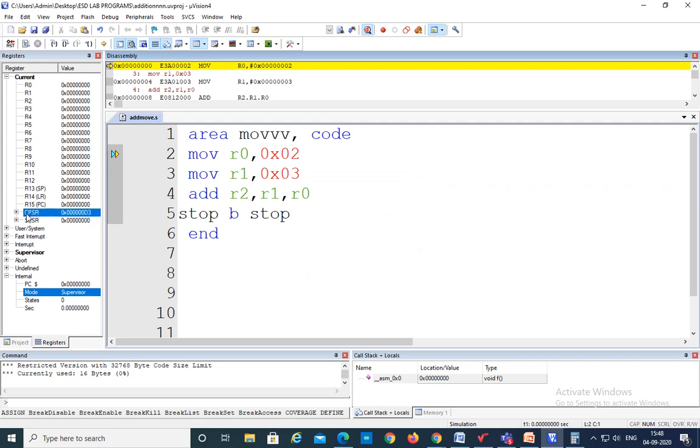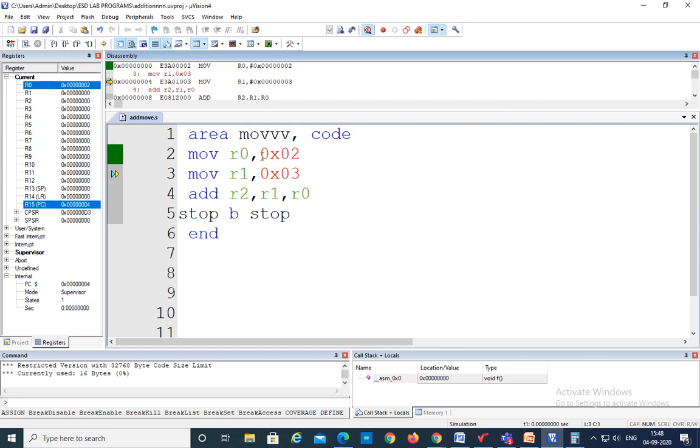So here I am executing line by line rather than executing the complete program. So observe here on the left hand side you can see all the registers R0 to R15, CPSR, all registers are there. Now first of all I am executing MOV R0, 0x02. So here R0 contains all zeros before execution. After executing that line, the 2 is going to be stored into the R0 register. Similarly I am executing the third statement, the 3 is going to be transferred to R1. If I execute this, the 3 is going to be stored into the R1 register, right?